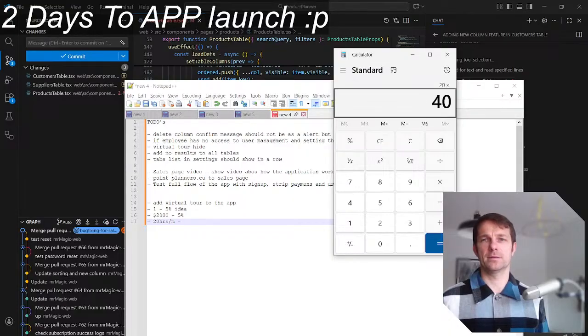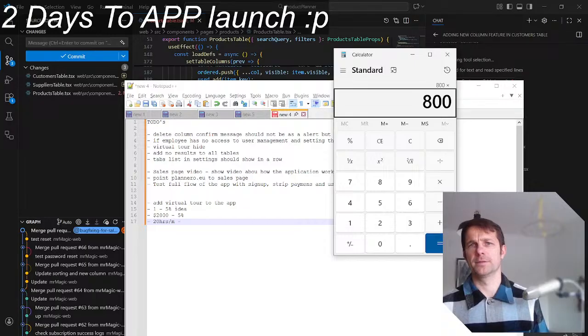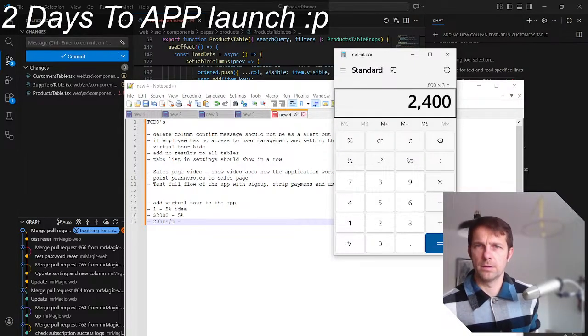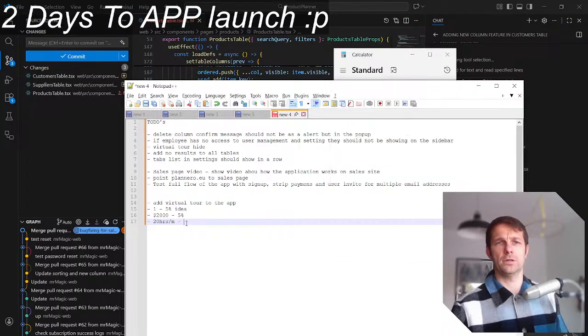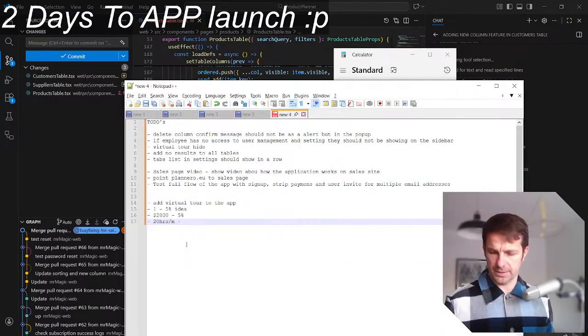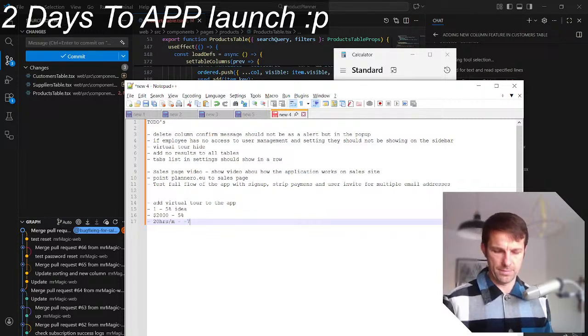Let's say that's his wage, maybe it's even more. That's 800 times 3, which is actually not that much in dollars. So this is worth about $2,400, roughly 2,000. Okay, let's say this will be another 7%.